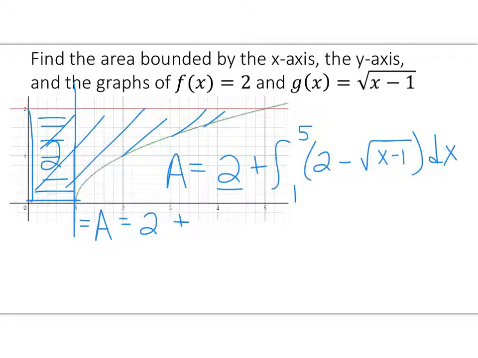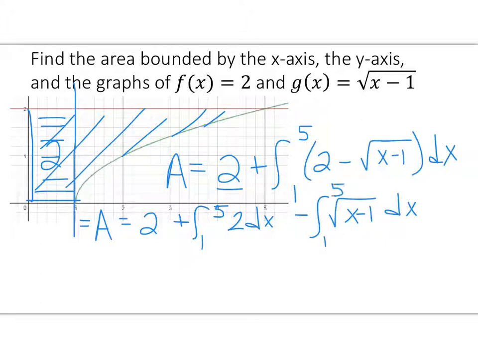So to get my total area, it's going to be 2 plus, and now here I'm going to integrate. So I'm going to break this apart to the integral from 1 to 5 of 2 dx minus the integral of the square root of x minus 1 dx, again from 1 to 5. So I have my area equals 2 plus, the integral of 2 is just 2x from 1 to 5, minus,